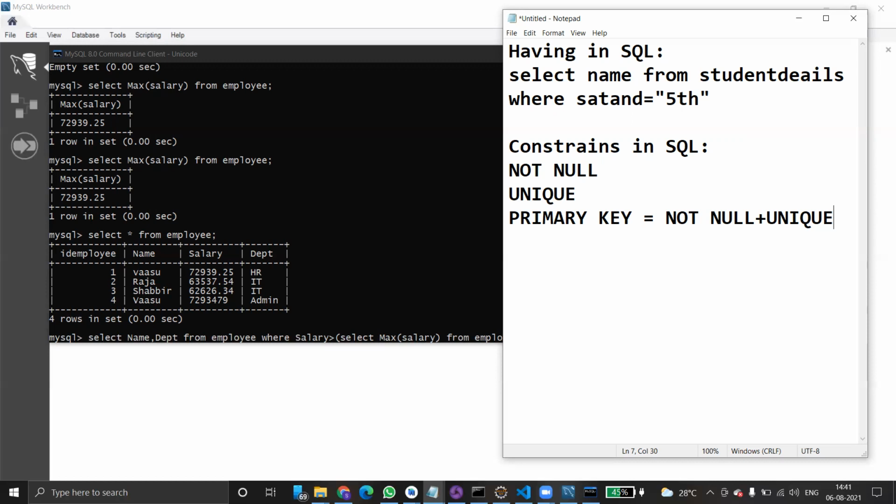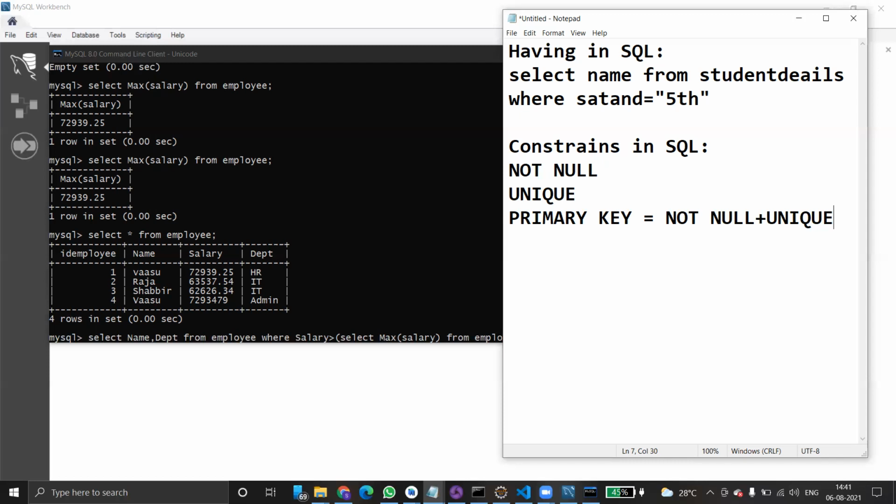With the Aadhaar card number, the government can fetch the entire details of the person. With the SSN number, the government can fetch each and every detail of the person. So the Aadhaar card should not be null. Every person should have an Aadhaar card, that is one thing. Second thing, the Aadhaar card number is unique. Others cannot copy it. So that is nothing but not null plus unique.